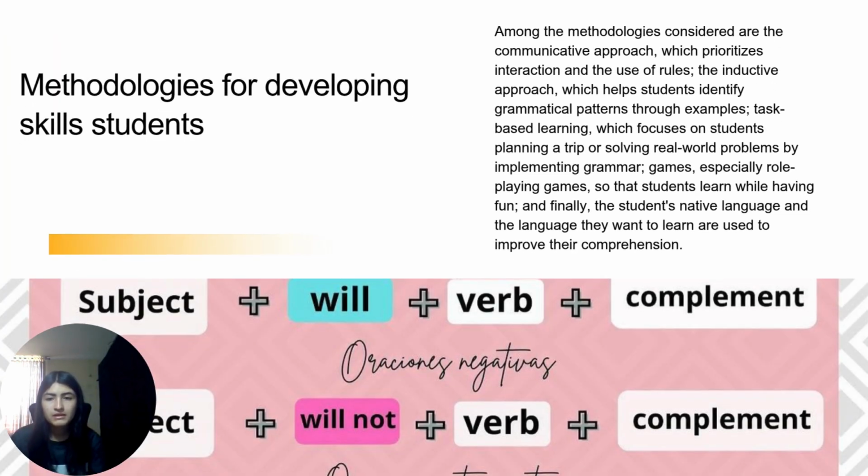Methodologies for developing student skills. Among the methodologies considered are the communicative approach, which prioritizes interaction and the use of rules, the inductive approach, which helps students identify grammatical patterns through examples, task-based learning, which focuses on students planning a trip or solving real-world problems by implementing